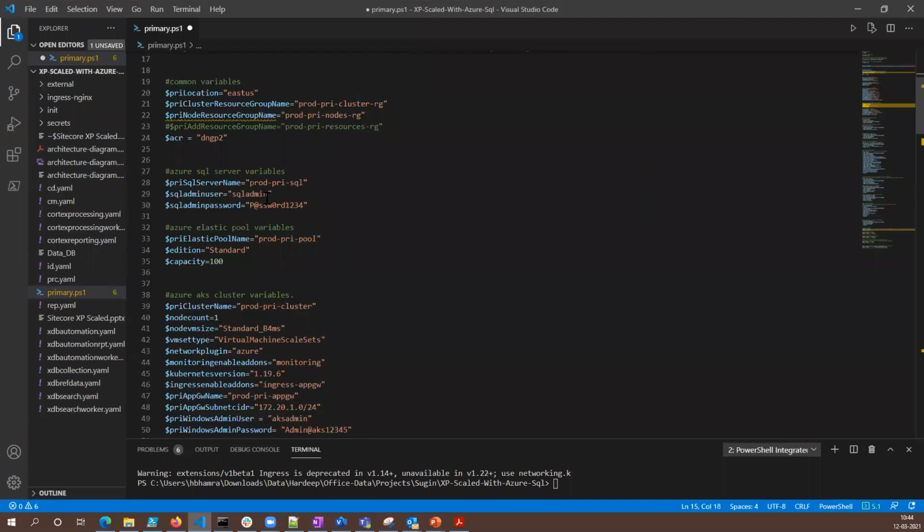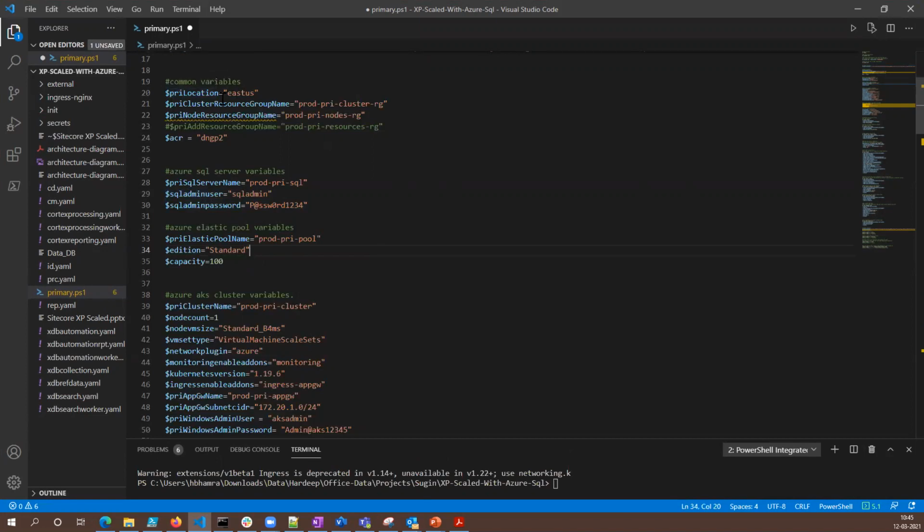And this is where we start the common variables. Last time, if you have seen, we hard-coded all the values in the Kubernetes part. This time I'm starting with variables. So this is the script that's going to be available, and you can certainly change it. Everything that you see is going to be deleted later on, so I have no problem in sharing the passwords that you are seeing here. Okay, so these are the number of variables that you need to set.